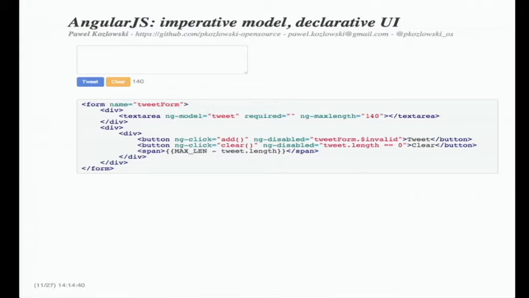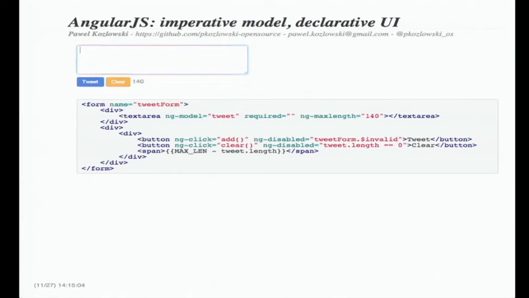So this is a typical form. Well, typical, a very small form, actually. It's not very typical. But even on this very small form that resembles the Twitter text box, there are certain things going on that we need to synchronize. So as we type, there is this number of remaining characters that needs to update.